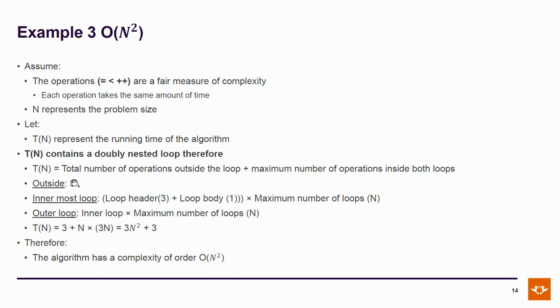So we count them up, count our outside operations, our innermost loop, count that up, get something in terms of n. Outer loop, same story, something in terms of n again. But now we'll see that the inner loop occurs as many times as is necessary based on how the outer loop occurs. So we'll have an n multiplied by n, giving us 3n squared plus some constant, which in that case, if we apply the big O operator to it, we're going to be left with big O of n squared. Throw away the coefficient and the constants, and that's our final answer. So that's a big O of n squared